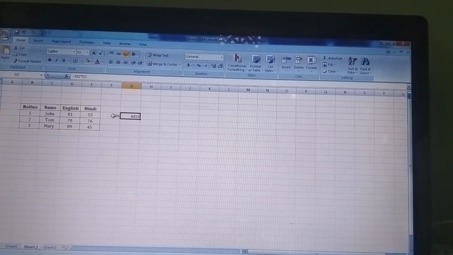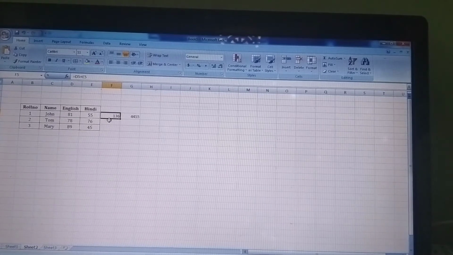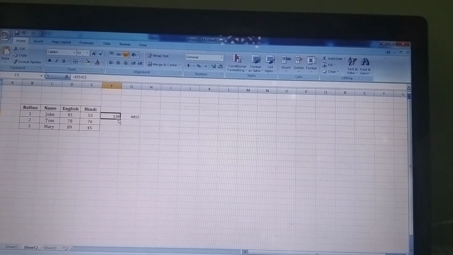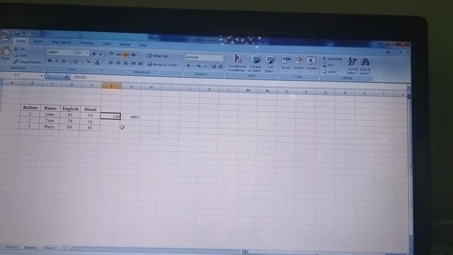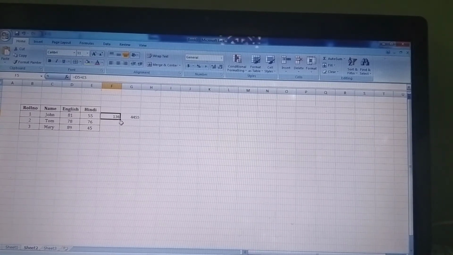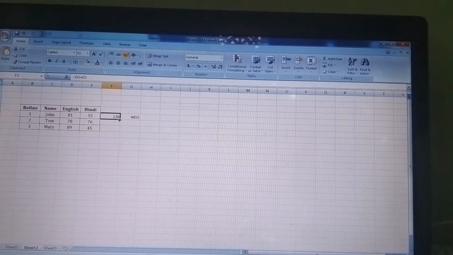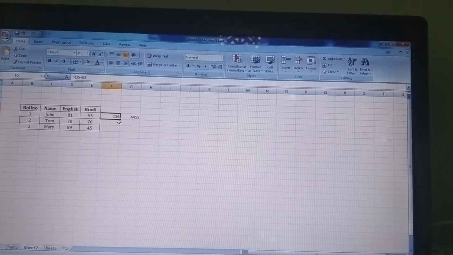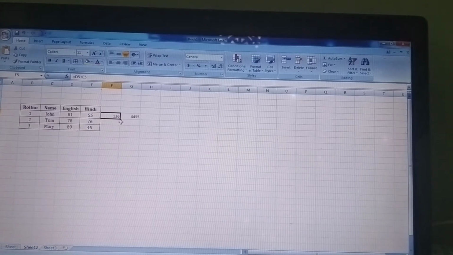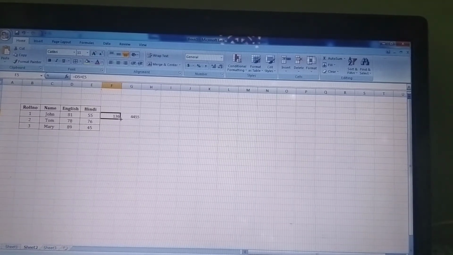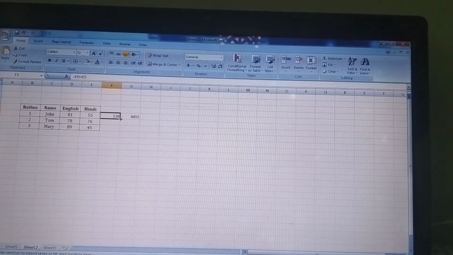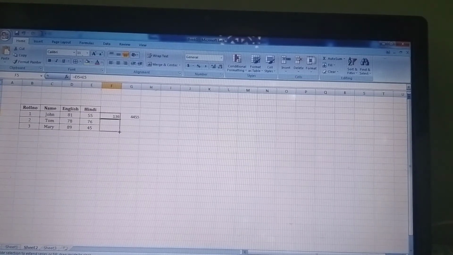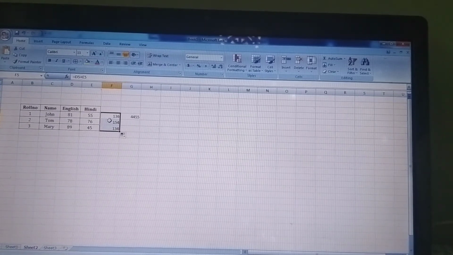Now what I will do, I will click on this particular cell. You can see this particular point. When I take my mouse cursor to the right bottom corner of the cell, my mouse pointer becomes a plus sign. I'll click it over here and drag it down. You can see the calculation has been done.